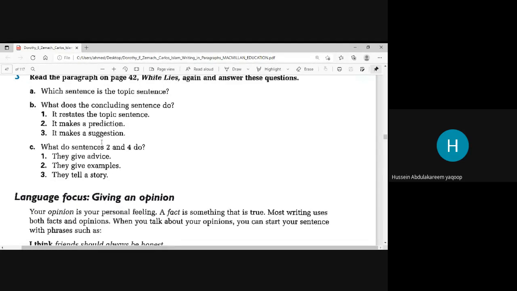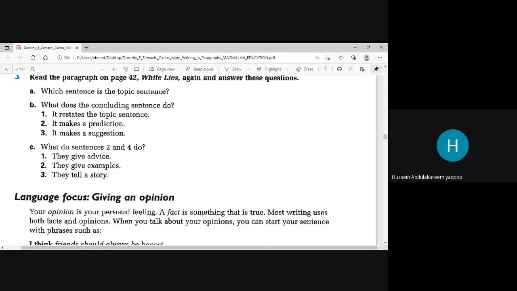So these 3 points are very important to include in our writing. We include one of them, of course, not all of them, maybe 2, it's okay. So what we stated last time, that a concluding sentence may restate the topic sentence, meaning restating the topic sentence but in other words. It may make a prediction, or maybe a recommendation, recommending something, someone or some place, and it may make a suggestion, sometimes used to offer suggestions. Now this paragraph, the paragraph that we read on page 42, what do you think the concluding sentence